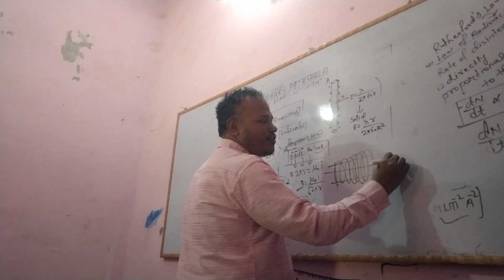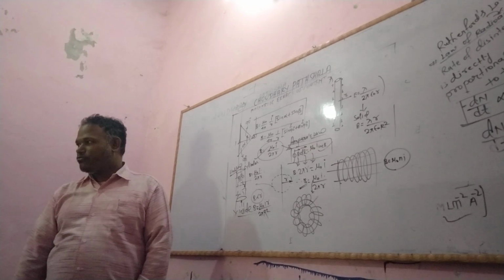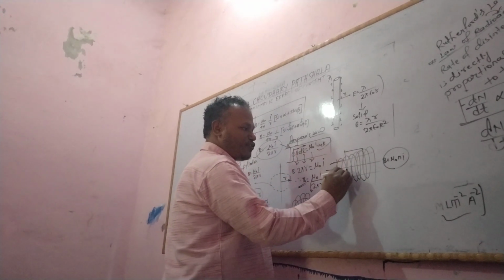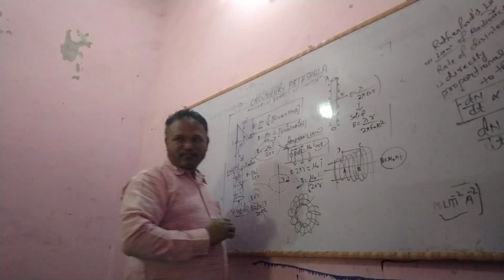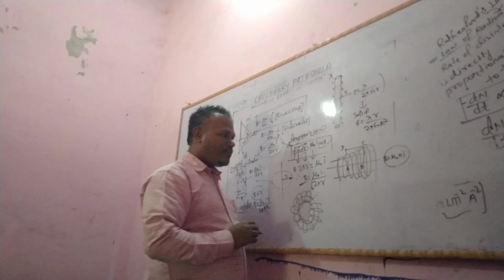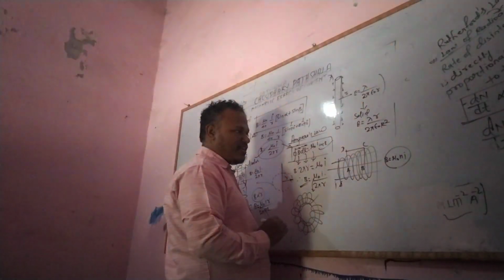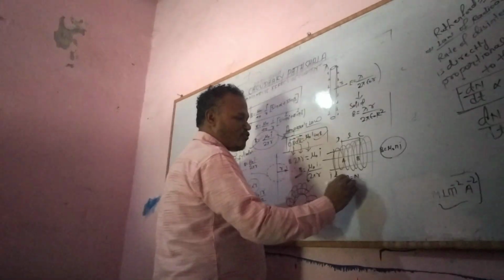Mu naught, and everyone knows this. B equals, if you take the derivation in short, take here Ampere curve ABCD. If I current is flowing in each turn and the number of turns is N, equals the number of